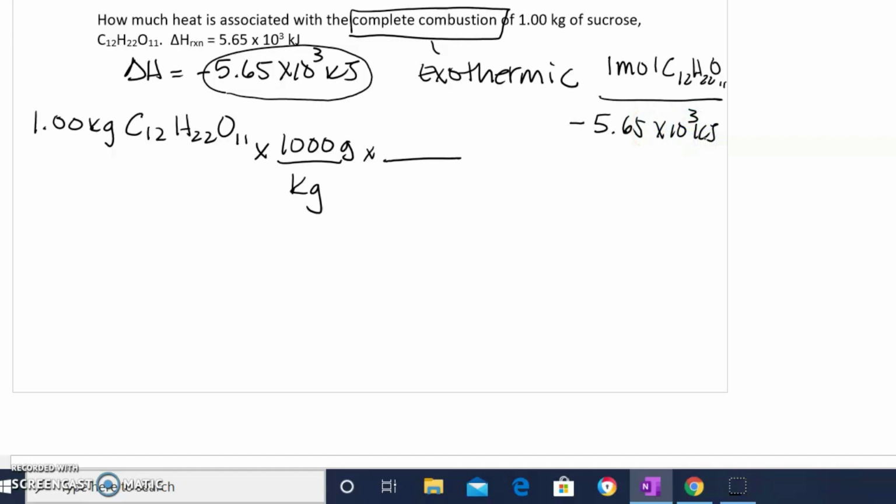So that's going to be the conversion factor that we're going to use. But how do we get from grams to our moles? So we're going to use the molar mass. There's 342.3 grams of our sucrose in 1 mole of sucrose,